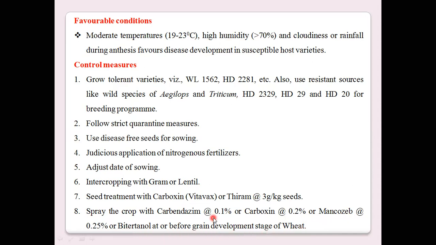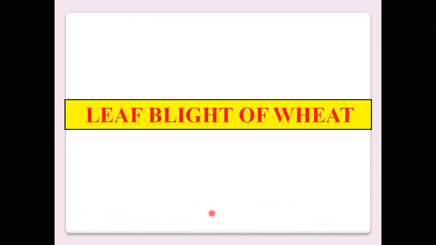This fungicide is generally applied before or just after grain development, particularly on the ear head of the wheat. It protects the ear head from this Neovossia fungus by applying fungicides. Okay. Then the third most important disease seen in the wheat crop,